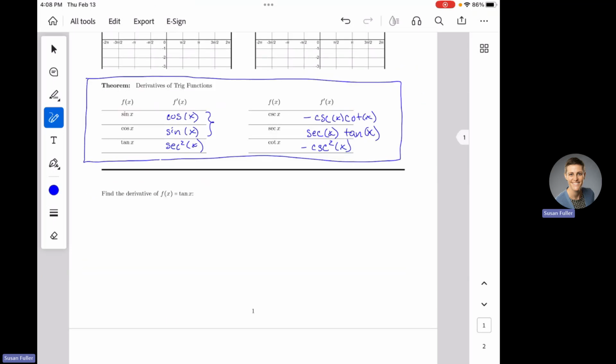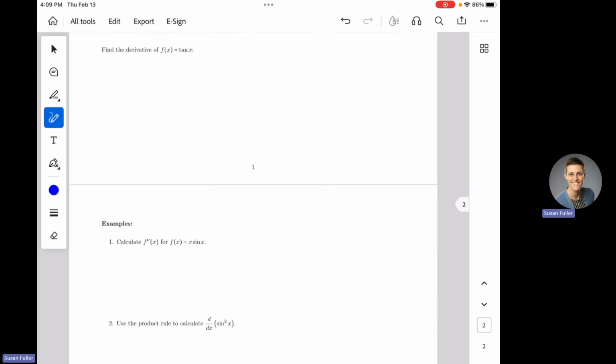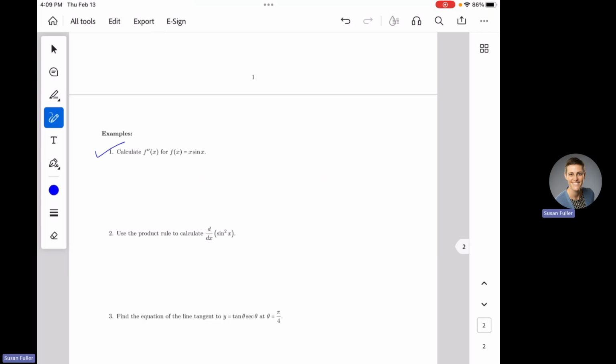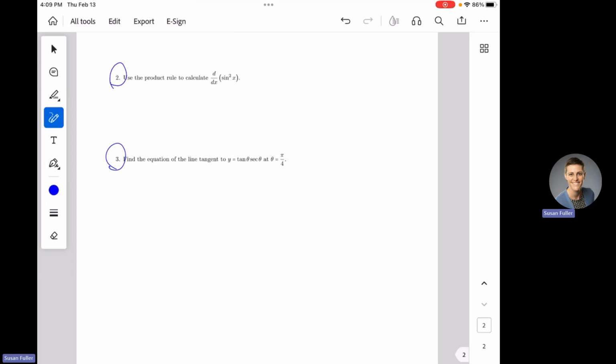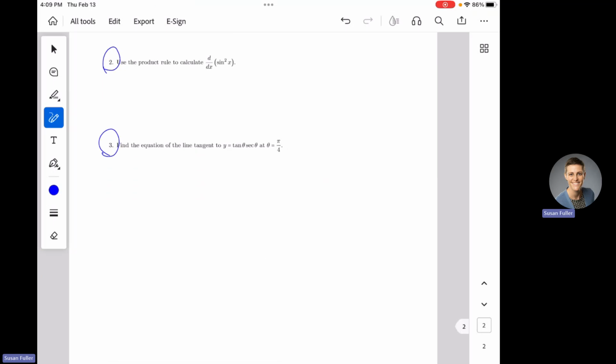The rest of these, once you know your sine and cosine derivatives, you'll use by writing each of these as trig identities, come back to sine and cosine, and then do quotient rules, and that's how you'll end up with those. Okay, so we were able to do this one in both of my classes, so I'm going to do these two with you to finish out our notes. So if we didn't get to these, you'll have them. All right, so